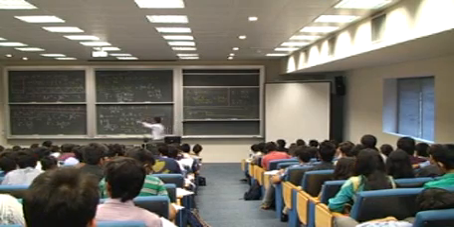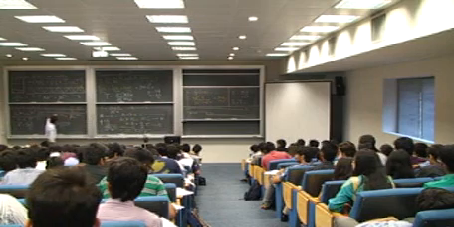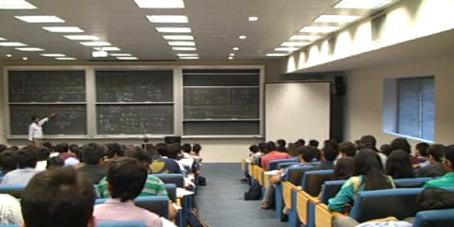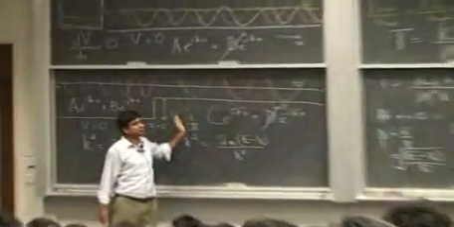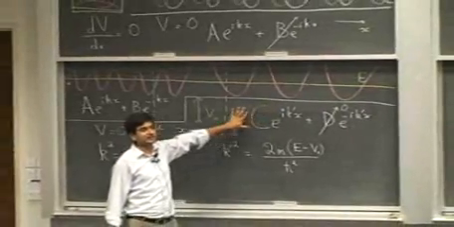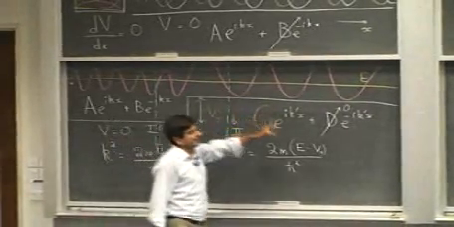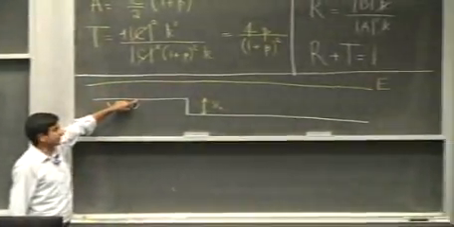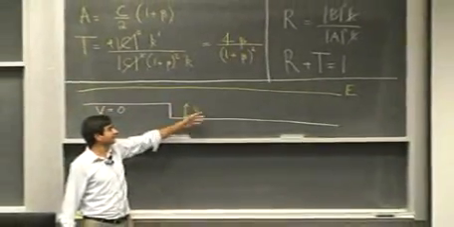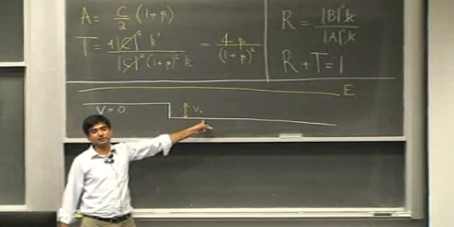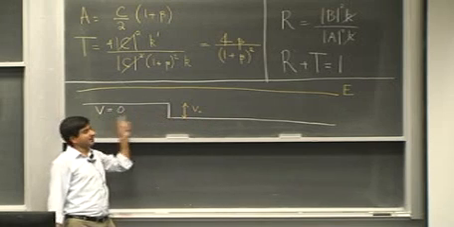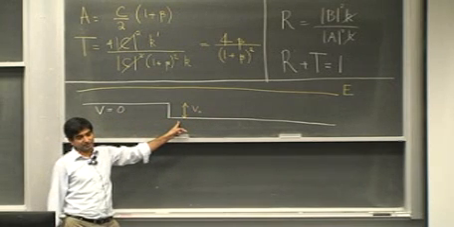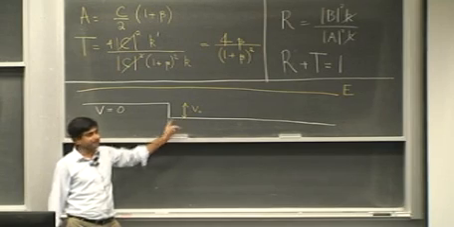In this case, the energy of the incident particle is greater than the potential energy. Still the particle can be reflected, even though classically all of it should propagate into region 2, because there is nothing that is stopping the particle. Here it's even more surprising, because the energy of the particle is greater than the potential energy, and if anything should happen here, its kinetic energy should actually go up in region 2. But despite an increase in kinetic energy, the particle can still be reflected because there is a discontinuity in the potential energy. Okay?